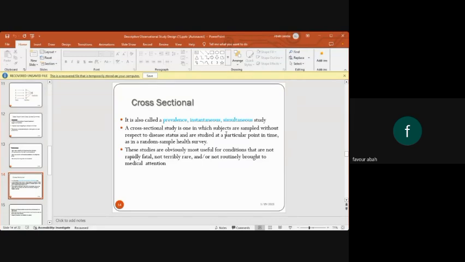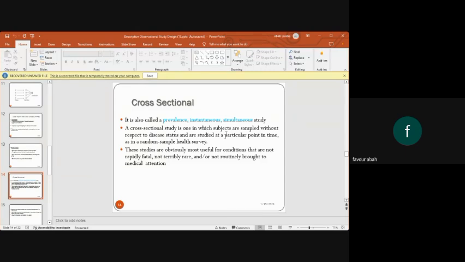However, the most you can do is generate a hypothesis from your cross-sectional study. So you cannot do it for a disease that is rare. Imagine doing a cross-sectional study for COVID now in this state in Nigeria. How many persons are you going to get that have COVID now as we speak? So you can't do it for a rare disease or a rapidly fatal disease like